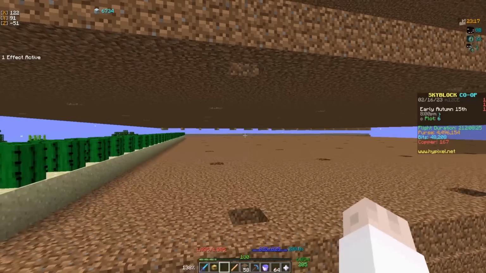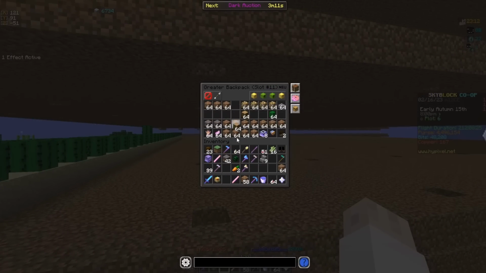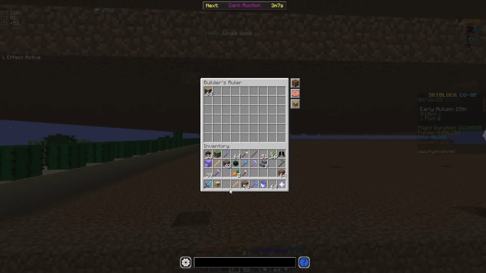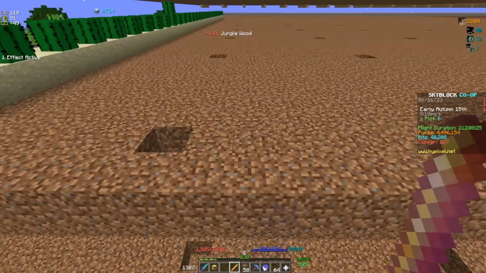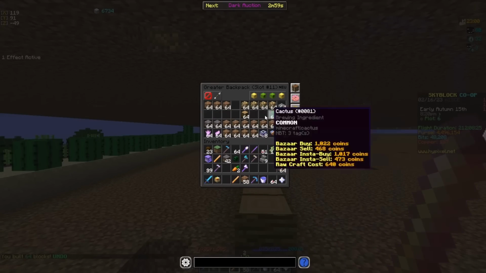All right. Next we have cocoa. So cocoa is actually, again, super simple, but it's simple because of this builder's ruler. And this is why I love this, because it just makes farm building so much easier. So what you're gonna do is you're gonna have your flat dirt floor. You're gonna grab 1, and then you're gonna grab,